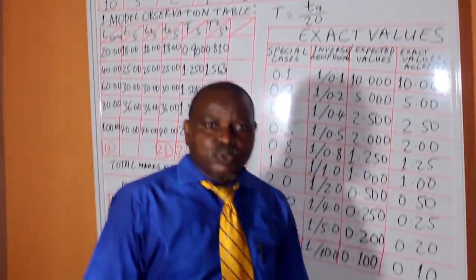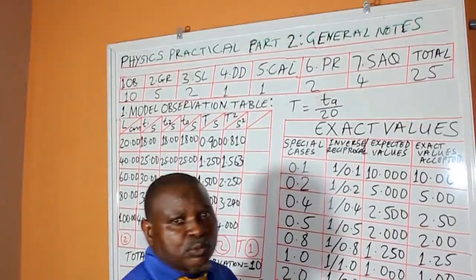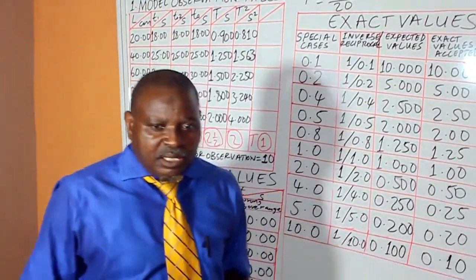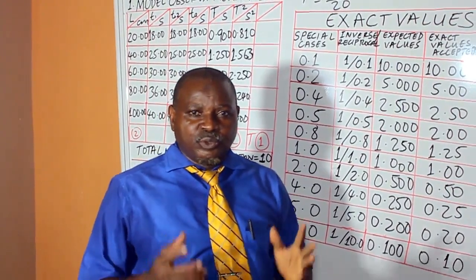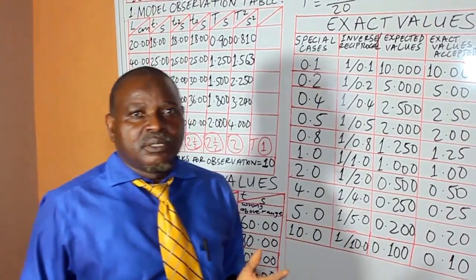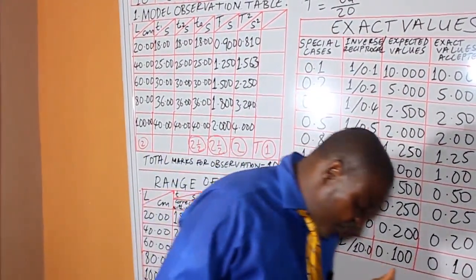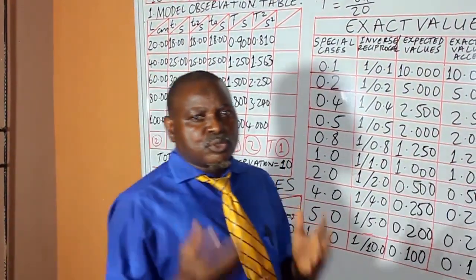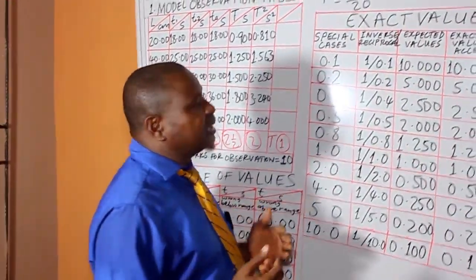Physics Practical Part 2, General Notes. Each question asked by external exam bodies in this part of the world is marked under 25 marks. Under which there are going to be subheadings of about 7